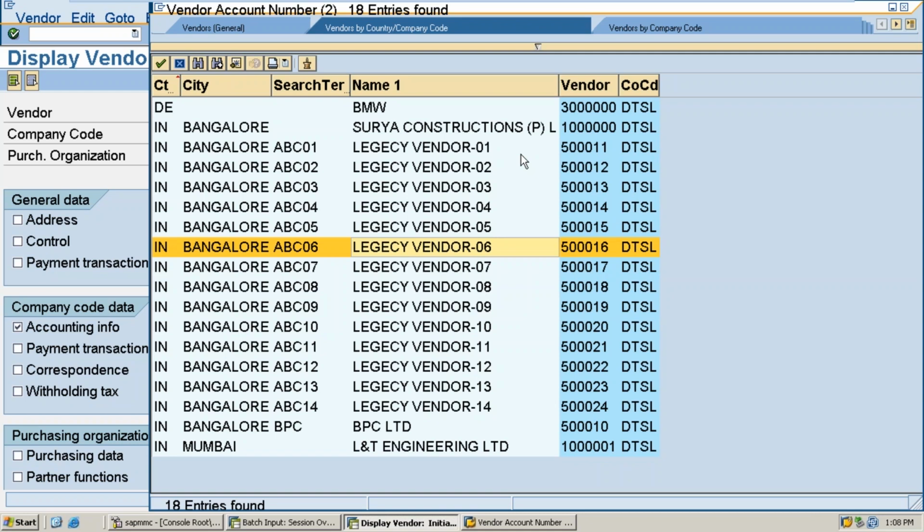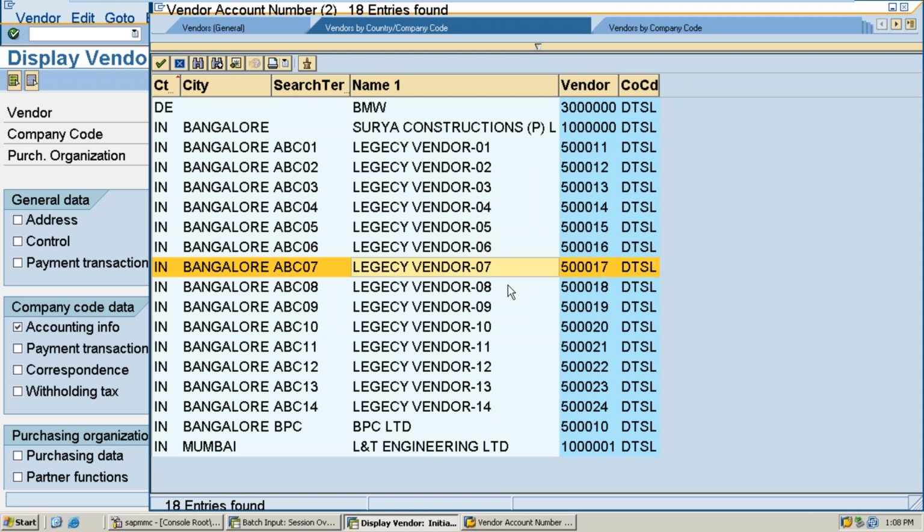After successful completion, then I will do the same thing in the production system. Before loading the data into production, you have to first load it in the testing client or pre-production system. If you don't have one, you can upload into the quality client itself, for integration testing, or a separate client, based on your landscape.